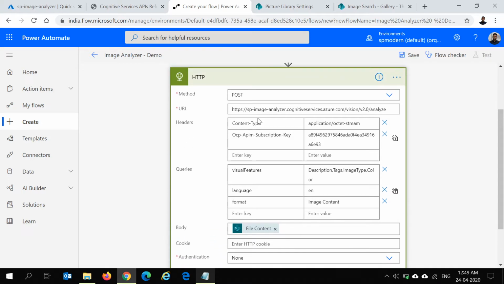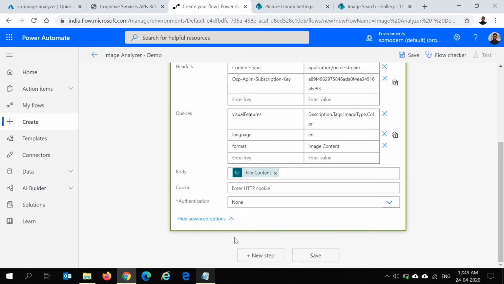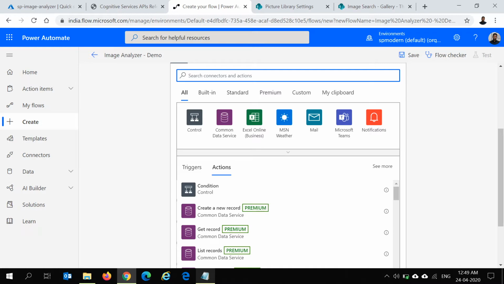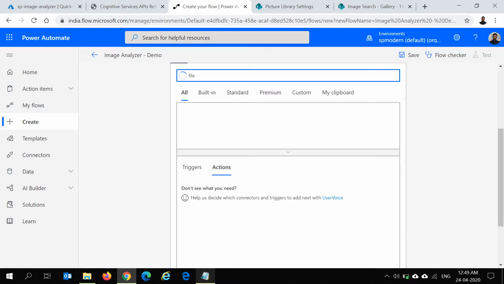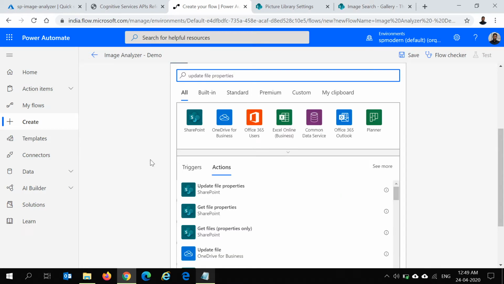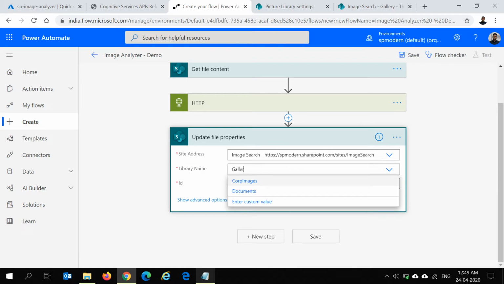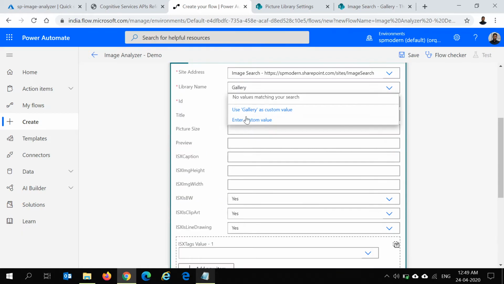So this makes a call to this endpoint and we get the response, right? And once we get the response, let's add another step, which is update file properties. So I'll use this action. Let's quickly select image search, and then I'll use the library name as gallery.